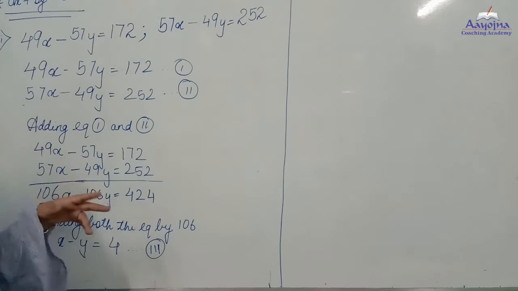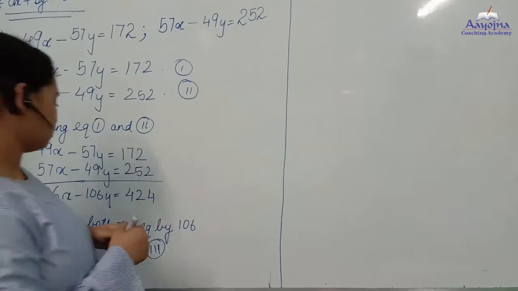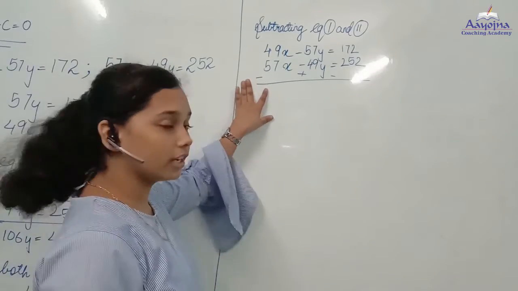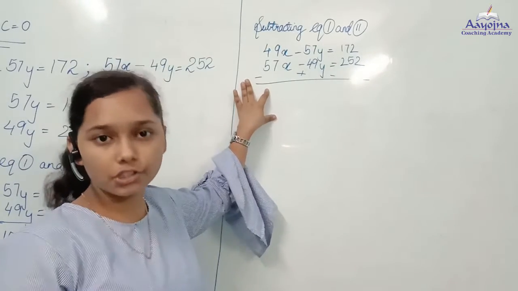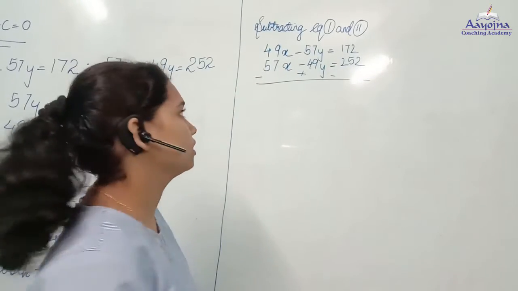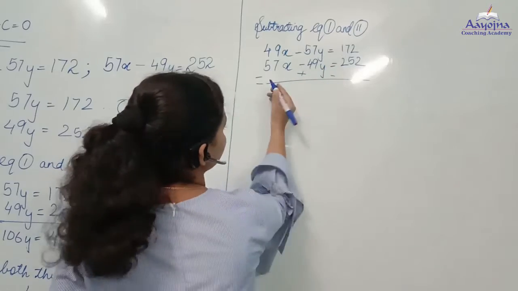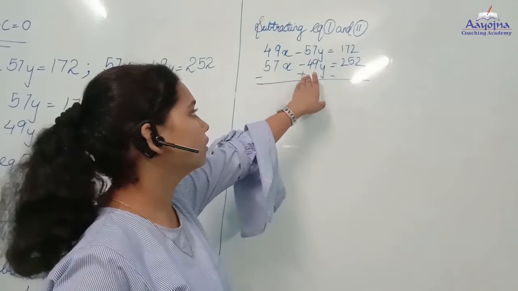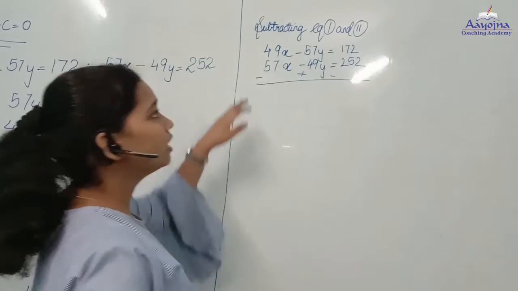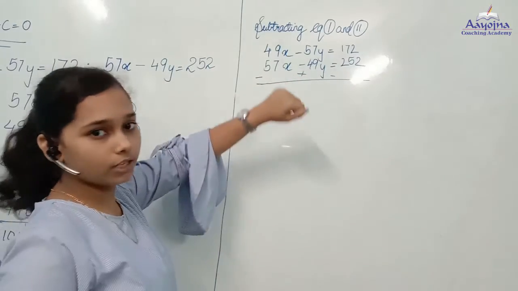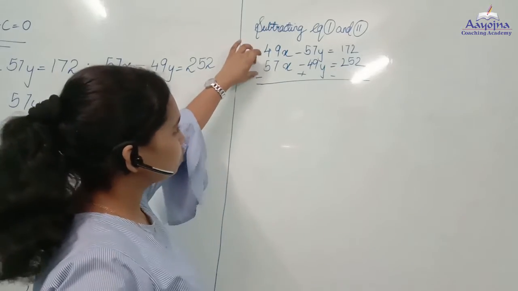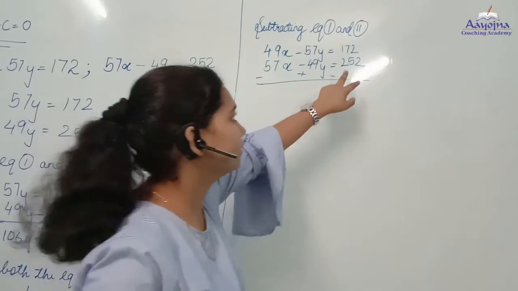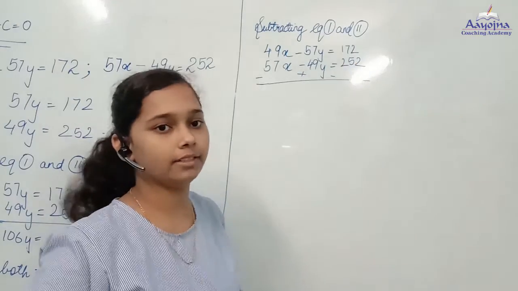Now we are going to subtract. We will subtract 1 and 2. So we will write the statement here. When we subtract, we change the signs, while in addition it is not so. When we are adding, we don't change the signs. Here we have to change the signs. Now you might have thought why I am putting here minus, then plus, and then again minus. We are changing the second equation's signs. Here it is plus, so we have given it minus. Here it is minus 49, so we have made it plus. And here again it is plus, so we have given it minus sign.